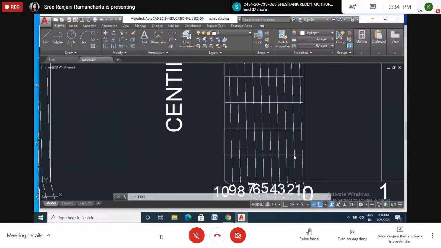So for every division, 1 centimeter is increased, here 2 centimeters compared to this line, 3 centimeters, 4 centimeters compared to this line, like that. Okay, so here I will name it as 1,